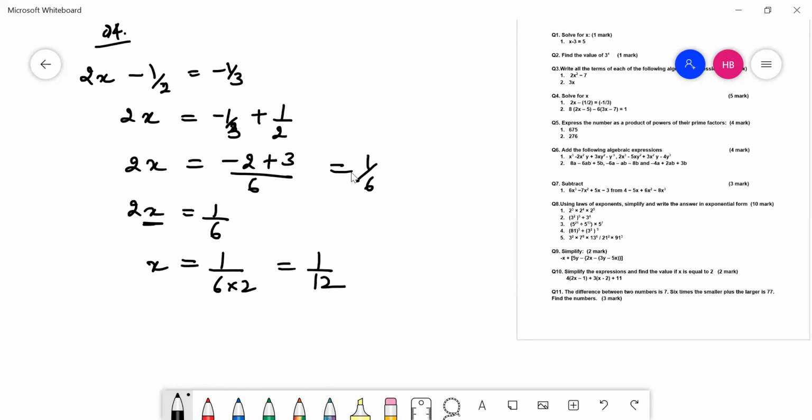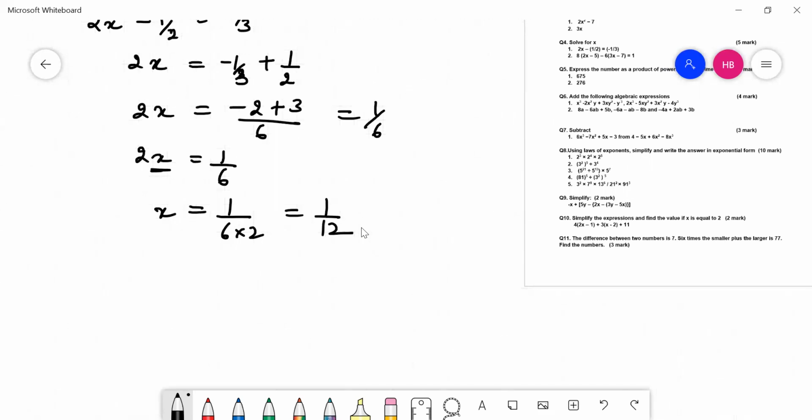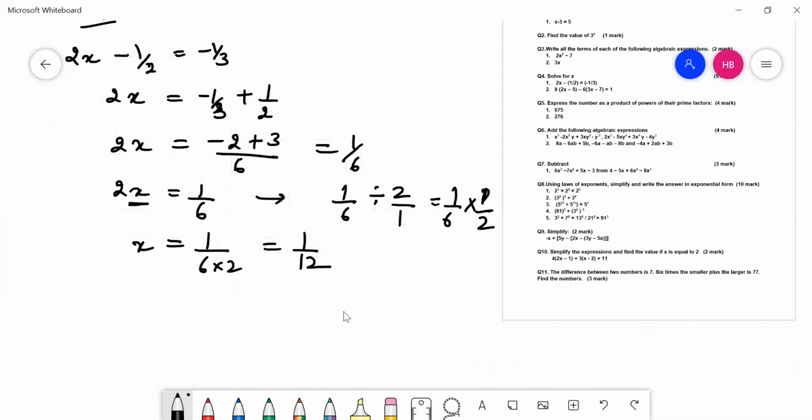Okay. So that's the thing. Here, in case you have difficulty understanding what I have done, I have done 1 by 6. Since 2 is in multiplication, if I take 2 across, it would be in division, divided by 2. So 2 by 1, if I write it like this, it would be 1 by 6 divided by 2 by 1, so it would be 1 by 12. If you want to solve it like this, you can think about it like this also. Otherwise, you can directly take 2 in the denominator and do it.